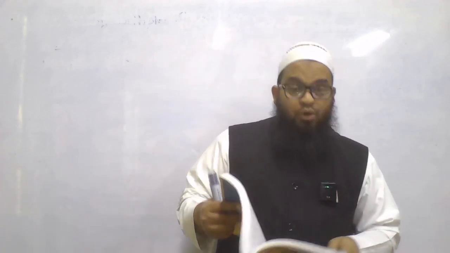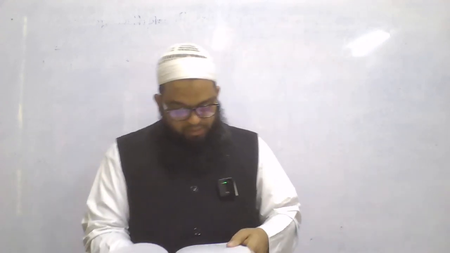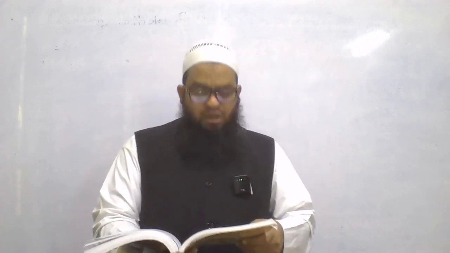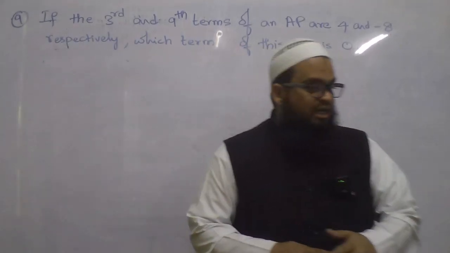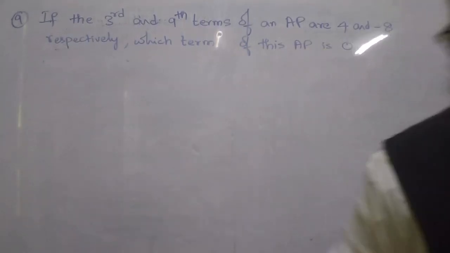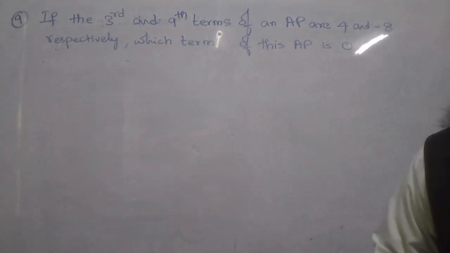So with these starting words, let me go for the 10th problem, or how many? Yeah, ninth problem, right? Good. So let us go to the ninth problem. So, what is the ninth problem? Let us read it. What does this ninth problem state? The ninth problem states that if the third and ninth terms of an AP are 4 and minus 8 respectively,